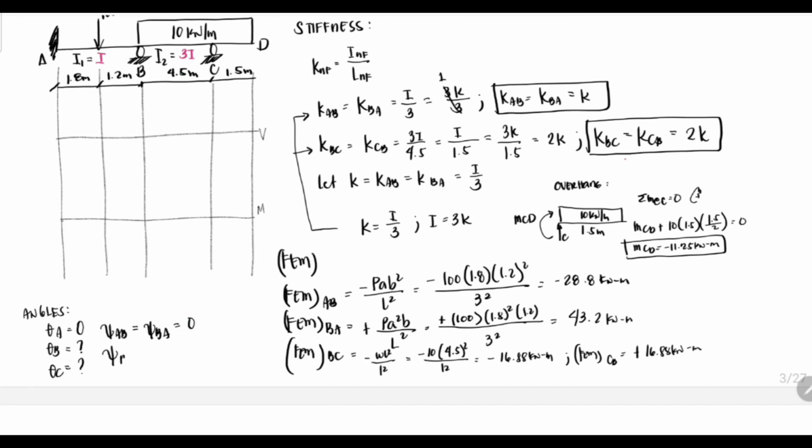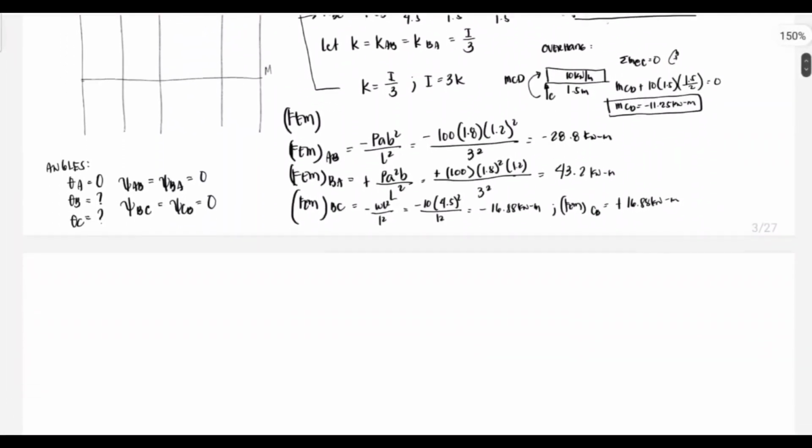Next, our psi BA, BC is equivalent to psi CB, that is equivalent also to 0 because of that unyielding support. Okay, next, after natin dito, we could use our formula sa ating slope-deflection equation. So for our span AB, meaning A yung near natin, B yung far natin. So our formula here would be our moment AB near far is equivalent to 2EK,